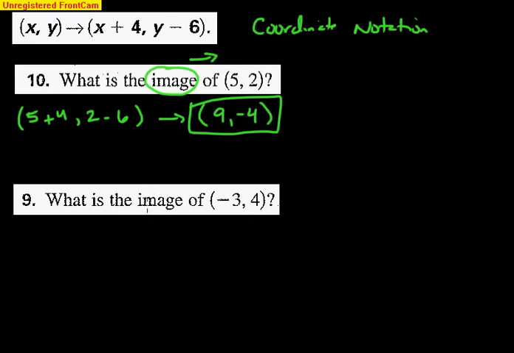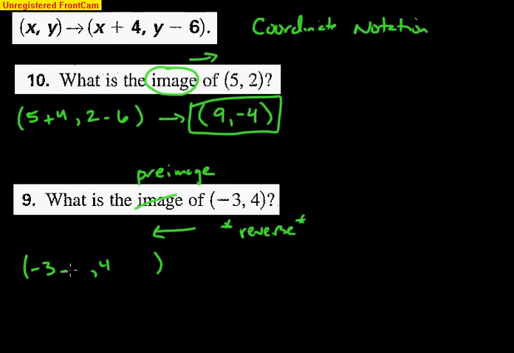Now let me fix this number 9 because I want, I'll just fix it right here. Okay. So pay attention. We're going to not find the image. We're going to find the pre-image. Okay. We're going to find the pre-image. So now we're saying that this is the final result. What was the pre-image? So now we want to go backwards. Okay. So if we take these points, coordinates, -3 and 4,